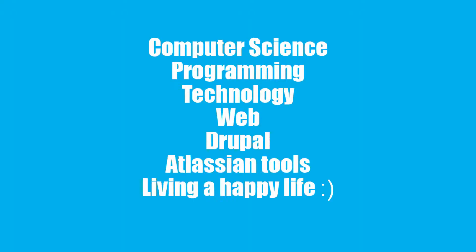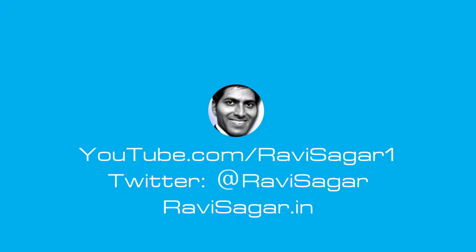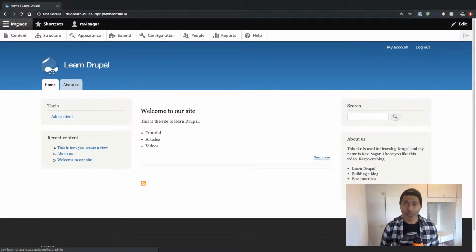Hello everyone, in this video let us understand how to create a new content type in Drupal. In Drupal there is a concept of content type, which is nothing but different types of content that you want to manage on your Drupal site. So your content could be a page, a blog, an event, or a product. And the good thing about Drupal is that you can always create your own content type